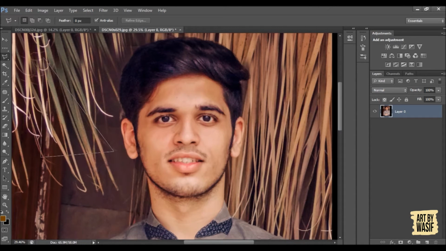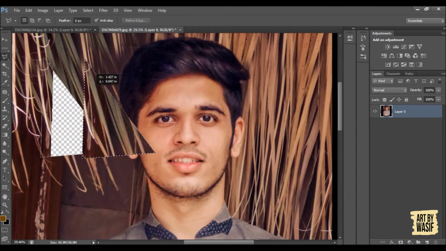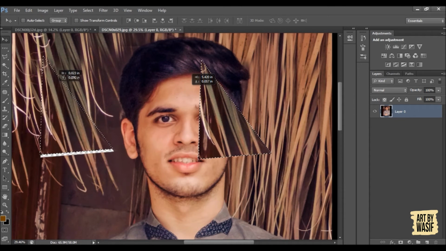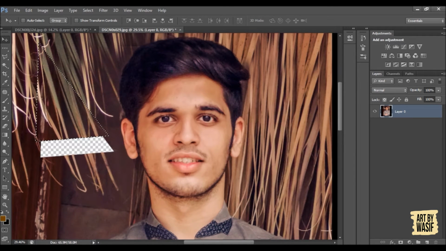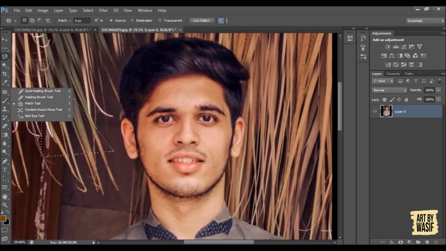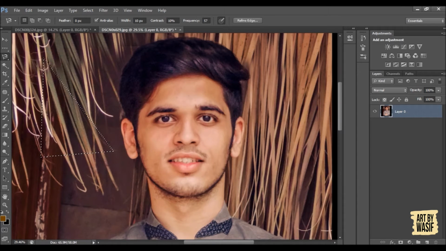Control, like, you can see that I have selected this area. And next tool is the magnetic lasso tool. Magnetic lasso tool is also used for selection, but it picks up a specific area around it. I have clicked on this part and now I am moving my mouse slowly, and it is selecting the area of the same pixels coming around it.